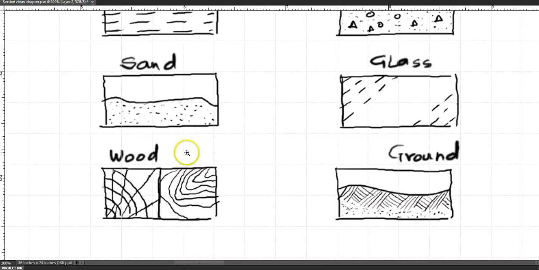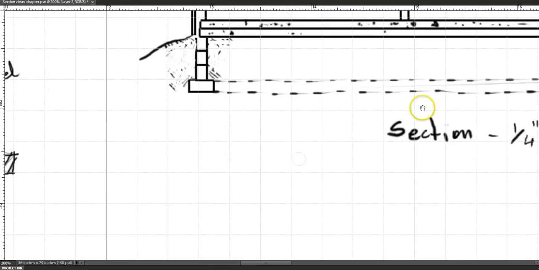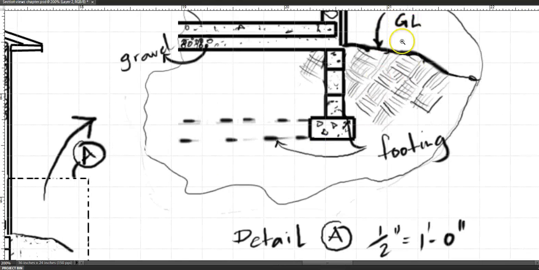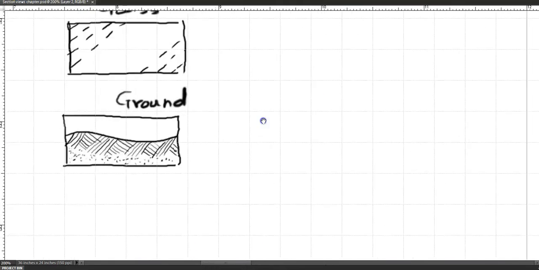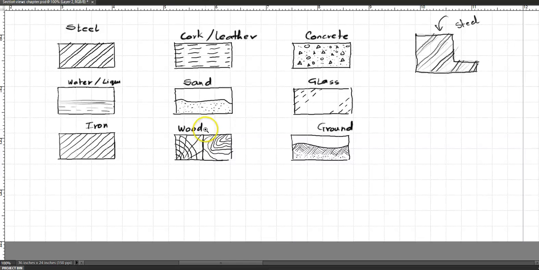Now we have sand, then we have wood. If we are cutting through wood, we are going to show just like the grains of the wood. It depends on what direction you're cutting, from the top or the side. If you're cutting through the ground, like in a sectional view for a house, the ground is going to be hatched like that. For example, that's the hatch and that's the ground level. So you have to use all these standards while cutting through sections, and it's not a lot, it just depends on what industry you're working in, and that's how you're going to have different types of